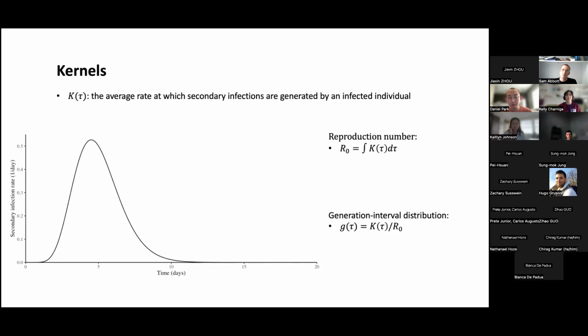The integral of k of tau is R naught, the reproduction number or the base reproduction number. It tells us something about the total infectiousness of an infected individual. And then normalizing the total kernel by R naught gives us the generation interval distribution, which tells us about how long it takes for someone to infect someone. It tells us about the individual timescale of individual-level